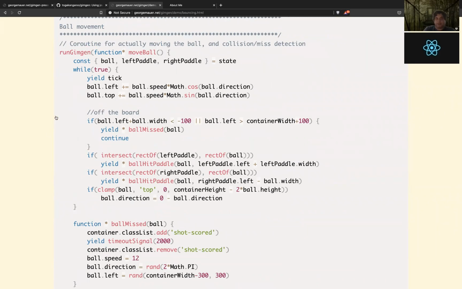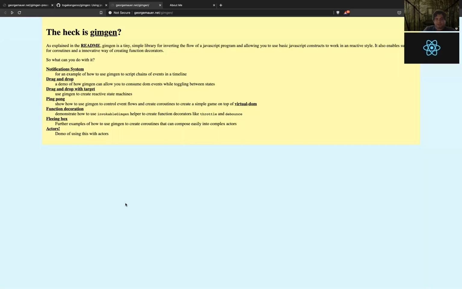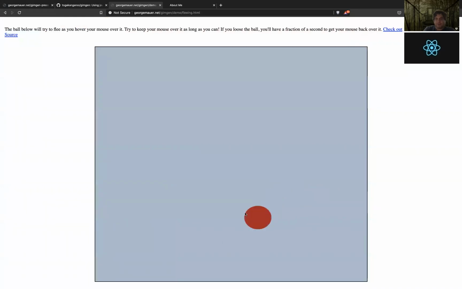In fact, you could do things like this. If you notice, there's a score in the upper right-hand corner. The longer I spend over it, the more it stands. And basically, this thing just tries to run away from me, and I'm trying to get as high a score as possible.